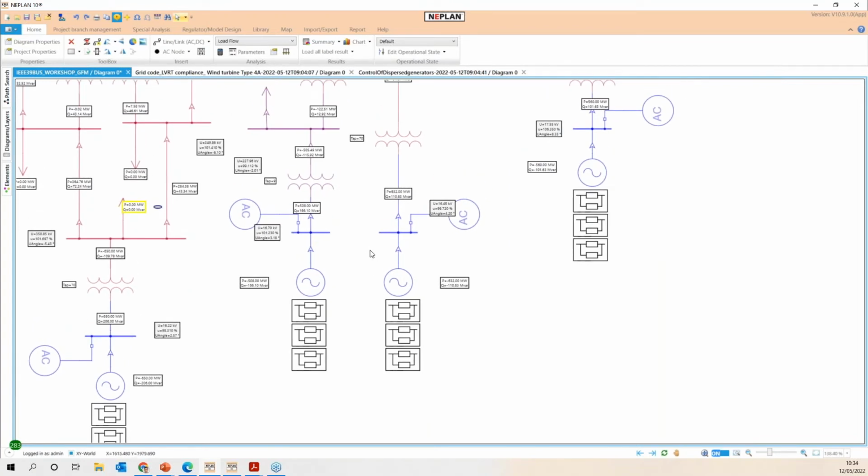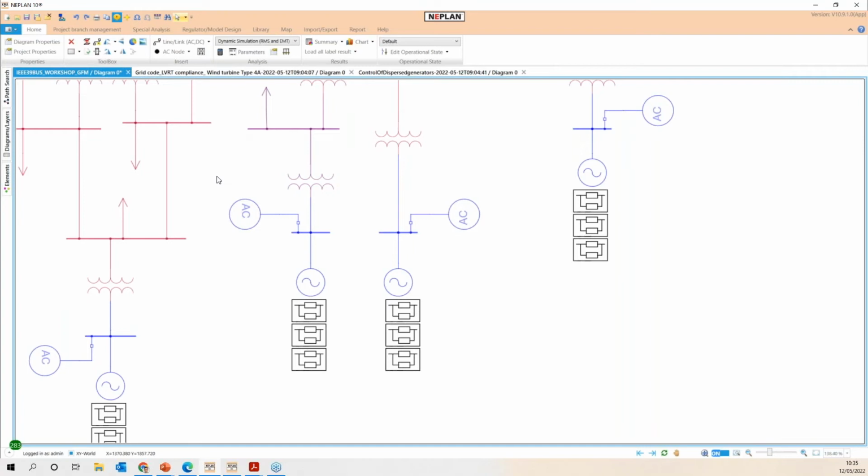Overloadings, under voltage or over voltage can be detected using steady state simulation with the power flow solution. The short circuit simulation provides the approach to validate if the short circuit ratio will be affected or not for specific projects.